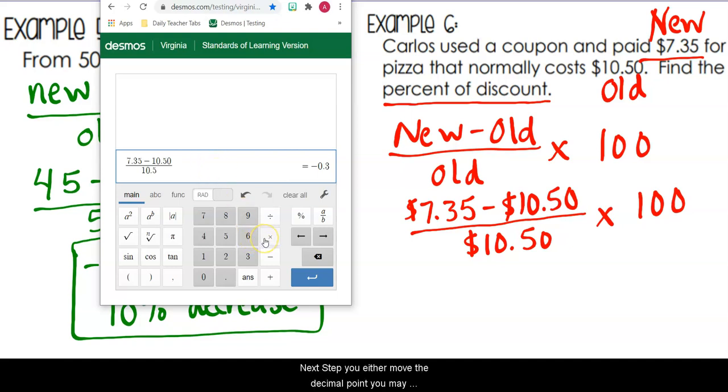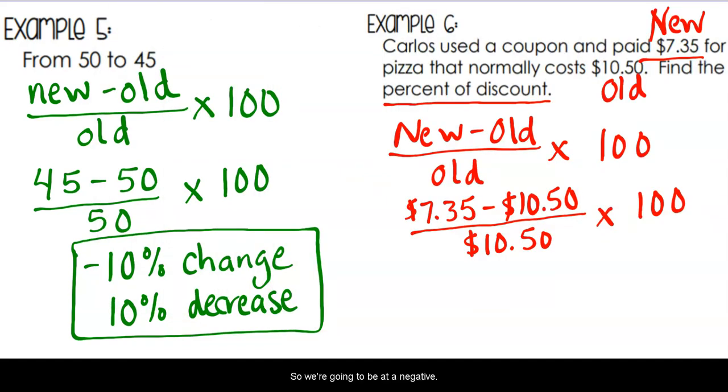Next step, either move the decimal point. You may know to do that, but since you already have it in the calculator, you can multiply by 100, and then you get your percentage. Again, it's negative because a discount causes the price to go down. It's a decrease. So this is going to be negative 30% change. So we're going to be at a negative 30% change,